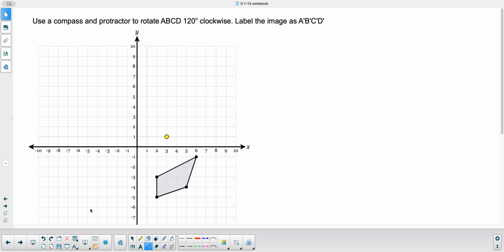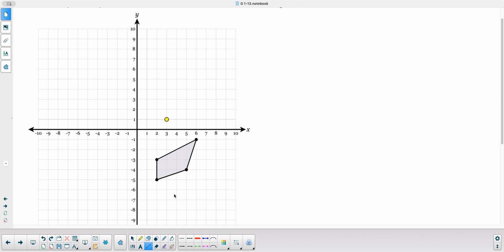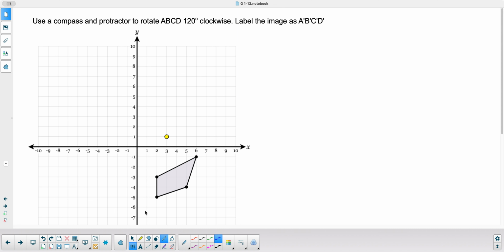Okay, so use a compass and protractor to rotate A, B, C, D 120 degrees counterclockwise. I guess I should have labeled these here as A, B, C, and D. Okay, so what I'm going to do is I'm going to measure 120 degrees, and then I'm going to use my compass to swing each point around. Okay, so I'm going to need to basically,